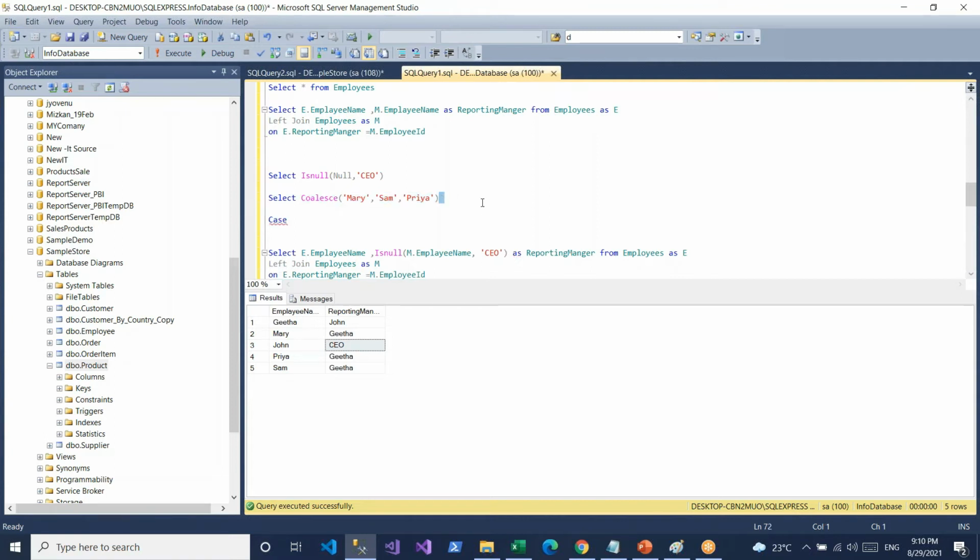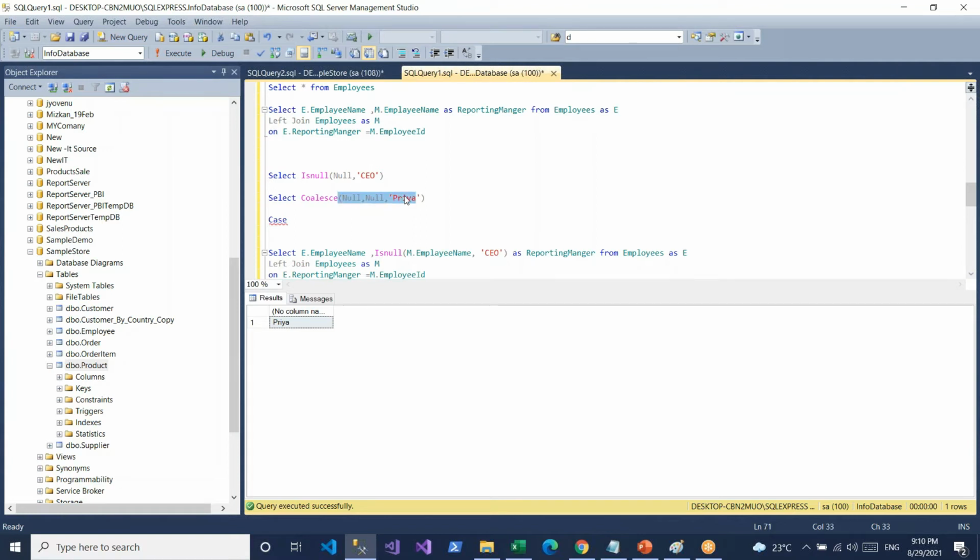If I execute this, I will get the first value. So we can write multiple values. If the first value is null, it gives the second value. If the second value is null, it gives the third value. So COALESCE does multiple checks. ISNULL only checks a single value.